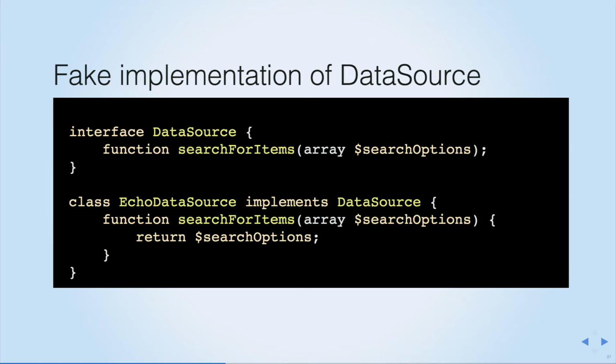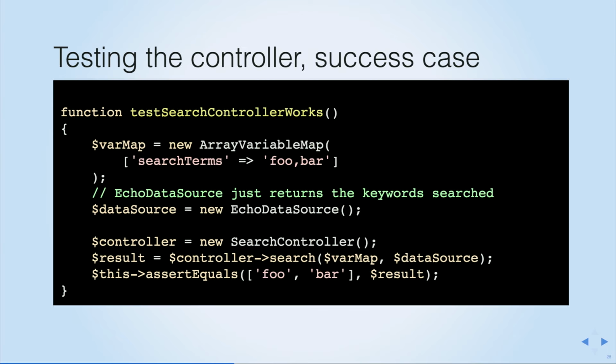So from the data source, we create a fake version of it called the Echo data source that just implements the interface and just returns the same search options that we passed in. So now that we have the data source as an interface, we can write a test for the controller that doesn't touch PSR7 objects at all, and it's quite easy. It doesn't require a mock object, and